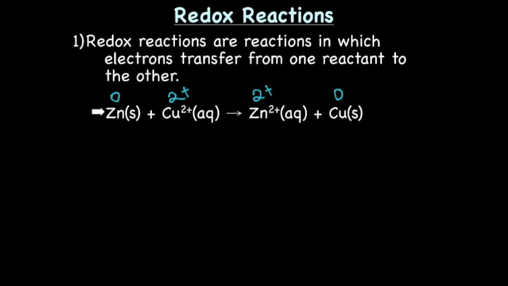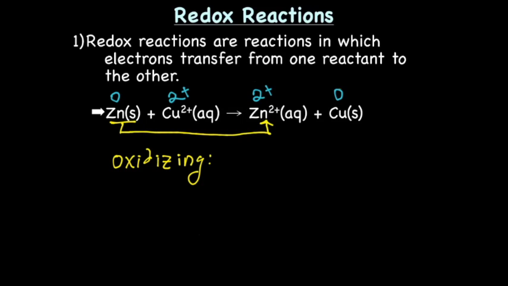Okay, let's now identify the oxidizing and reducing half cells of the redox reaction. Oxidizing, we'll start with that one. Remember that oxidizing is losing electrons, and zinc solid goes from a 0 to a 2 plus, meaning it's lost 2 electrons. So the zinc portion is the portion that is oxidizing,